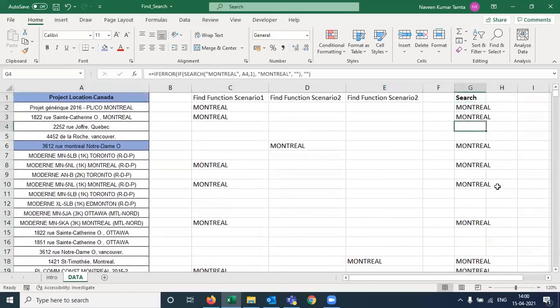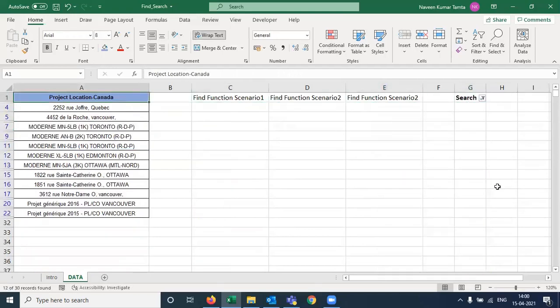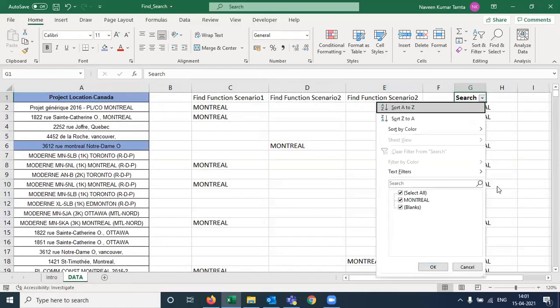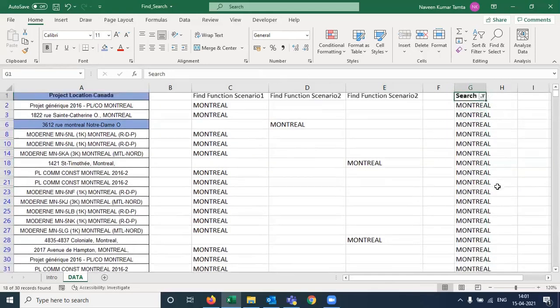Now if you have a look at the blank values, let me just filter this one. I am just selecting the blank values, so you will not find any cell which is containing the Montreal keyword. This is Quebec, this is Vancouver, then Toronto, Edmonton, Ottawa, and Vancouver. In case I talk about the Montreal keyword only, I have got the Montreal keyword all the way.